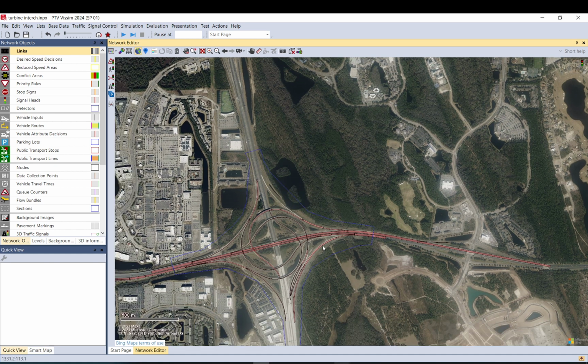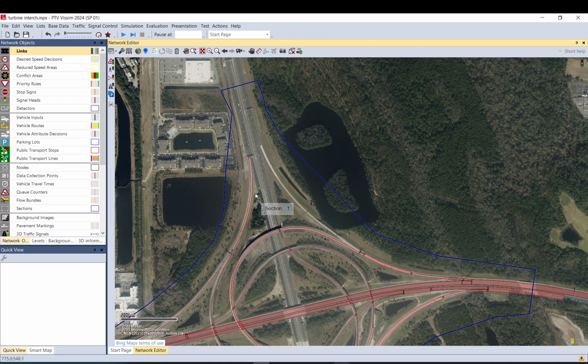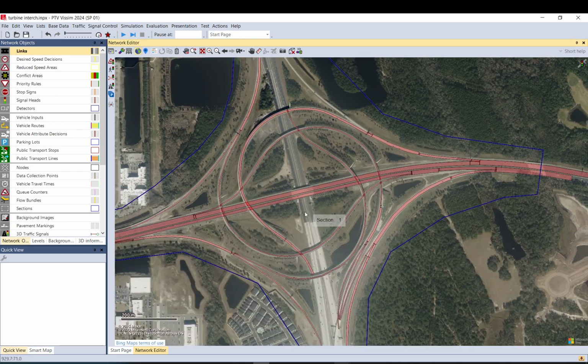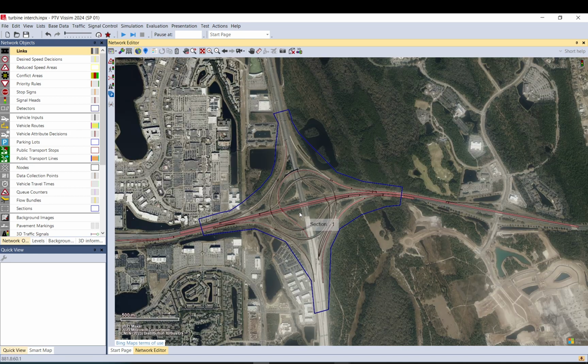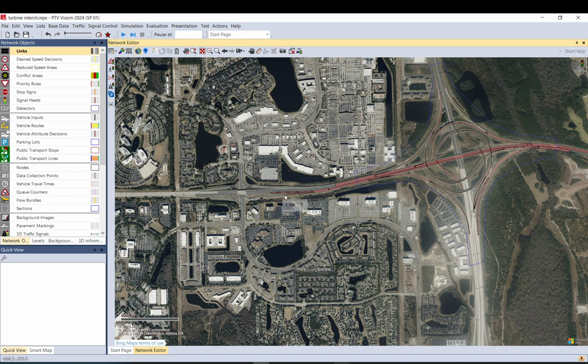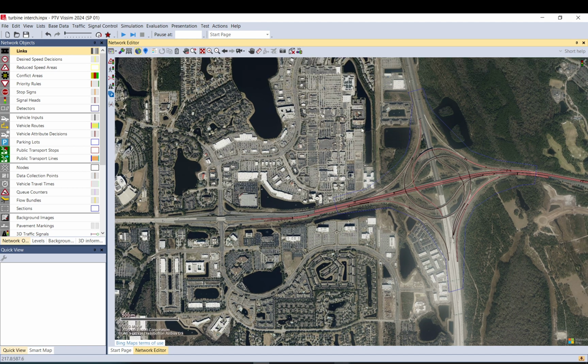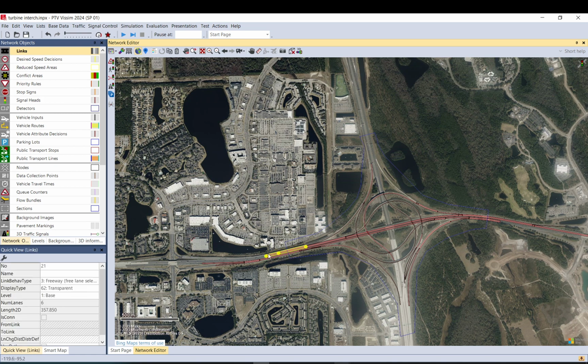And again, this example video is about how to model this intersection or interchange. And I already explained why I would do it. And again, the good practice would be to include these since they are very close. And again, you will make the decision if you want to spend time and you have the data to do so. But if not, you need to